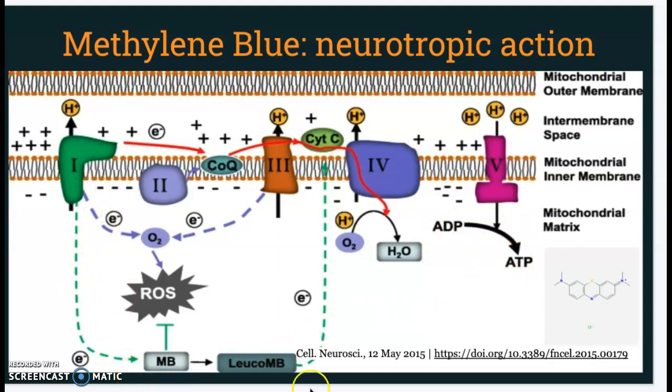Methylene blue actually enhances this electron transport by forming leukomethylene blue, and it kind of bypasses the transport and makes the transport efficient. Which means methylene blue means more ATP, which is good, and that's why it is used in several cytotoxic conditions. And some people on the internet are suggesting to drink methylene blue every day so you can get more ATP. By the way, I don't suggest you drink methylene blue. Another cool thing it does is it forms the reactive oxygen